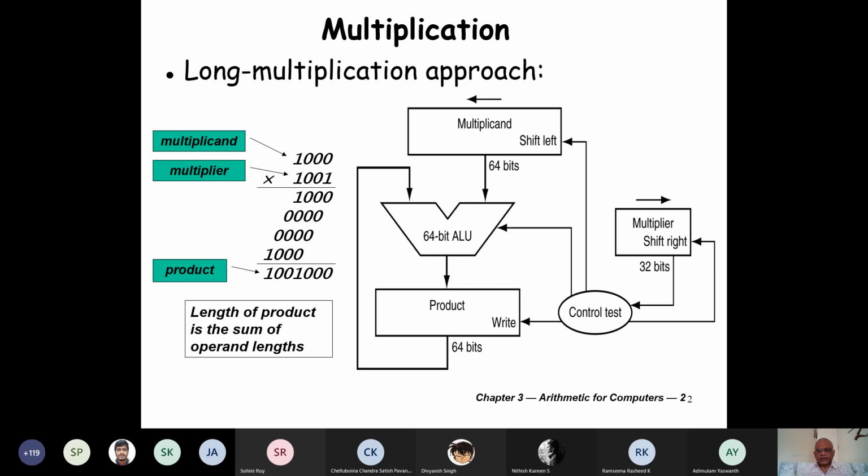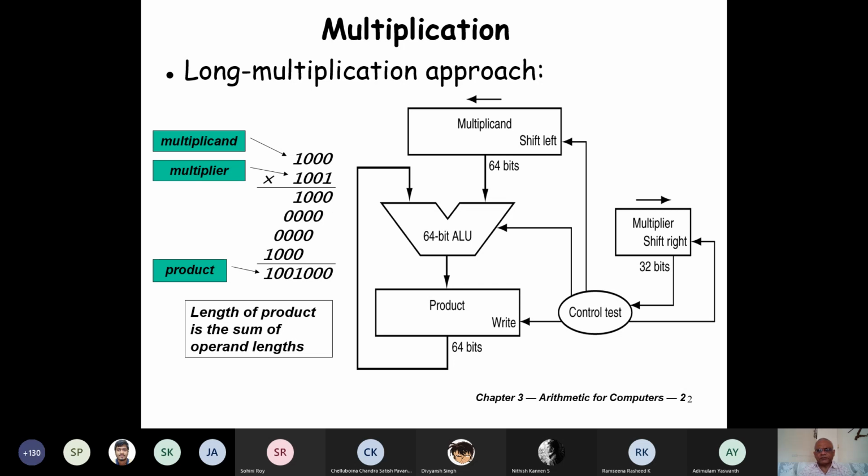And since it is 1 here, in this case, it will enable the ALU for addition and also enable the write onto the product. Initially, product is all zeros. And then the multiplicand will be added to all zeros here. This has 64 zeros in the product. And the multiplicand is also 64-bit, just observe here. And the multiplicand will be on the lower part of this 32-bit. The least significant 32-bit will be the multiplicand.